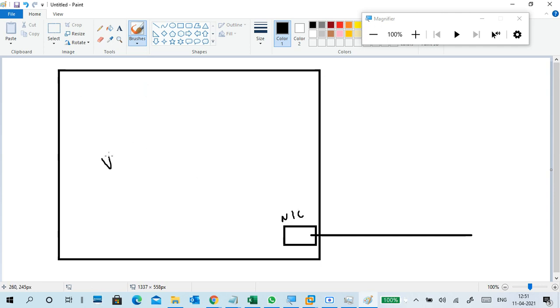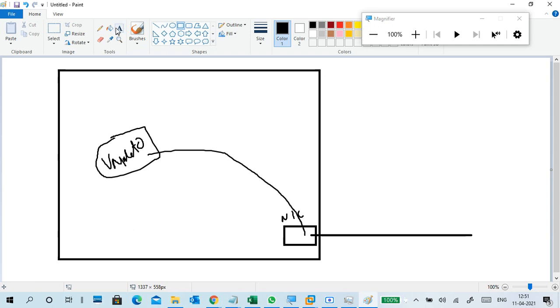And when we do VMnet 0 and we are bridging VMnet 0 to this one, it becomes very big.